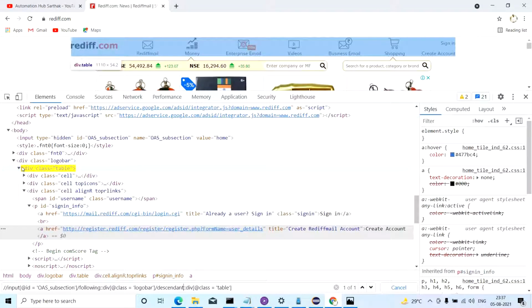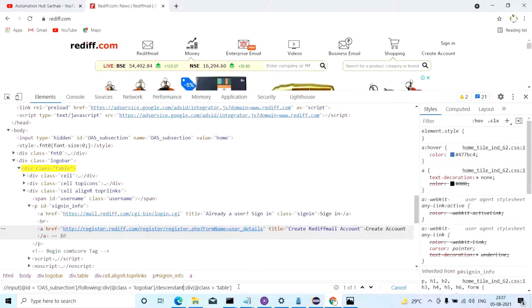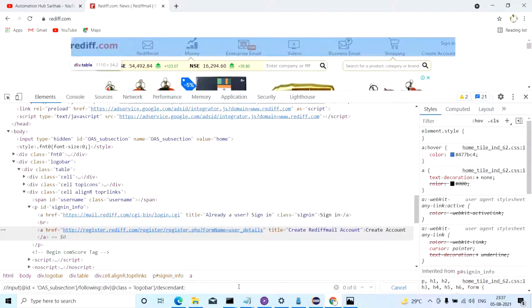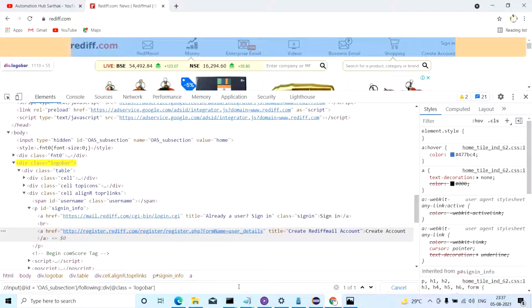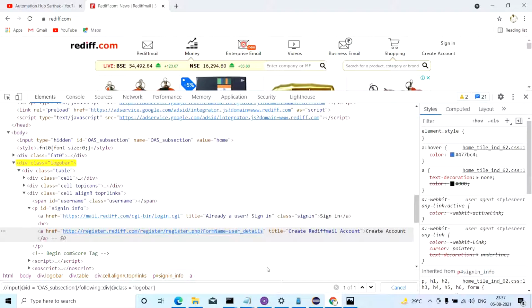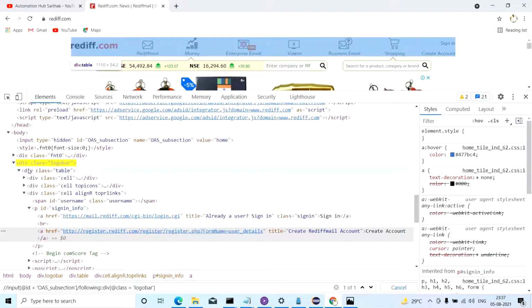So now let's say, for example, you will again go back to the parent part. I'll explain this descendant part. From here, let's say you want to come to this div right now, which is getting highlighted in yellow, is the parent of this div, and this div is the parent of this div.